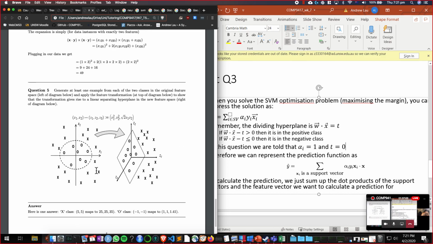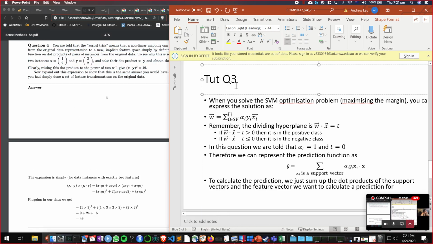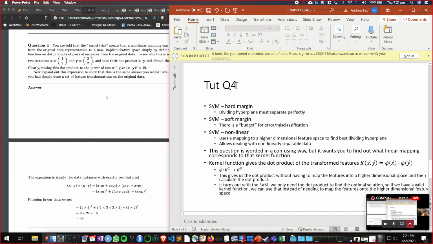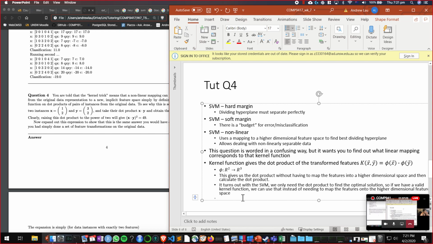Now, second last question. Kernel Trick. Now, I think question 4 is not worded very well. It's a little confusing as to what it wants you to do. It really isn't straightforward. But what it's asking you to do is they've basically given you a kernel function, right? So they've basically told you, no,